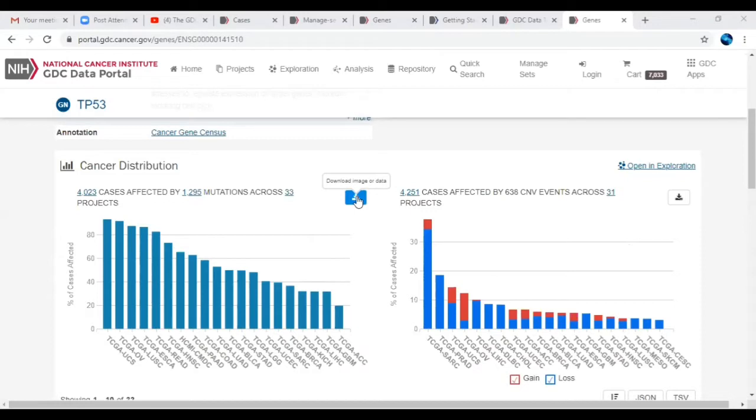So if you want to plot this particular data using a different visualization plot, you can download this data from here, and by using your Excel sheet or any other visualization tool, you can regenerate this data using this particular dataset. You can download this data from here, as the download option is provided.